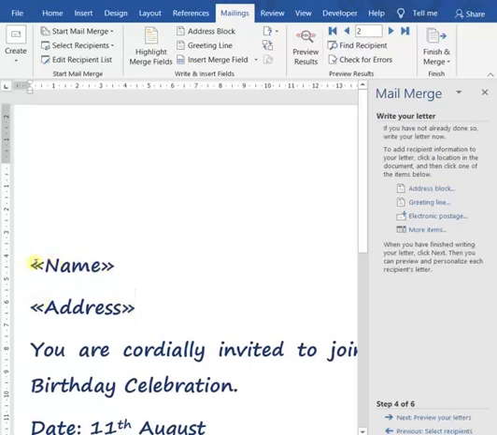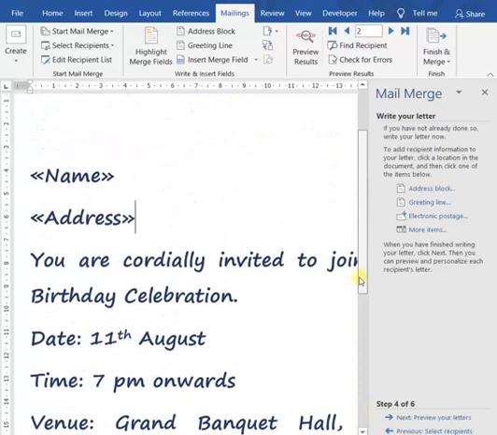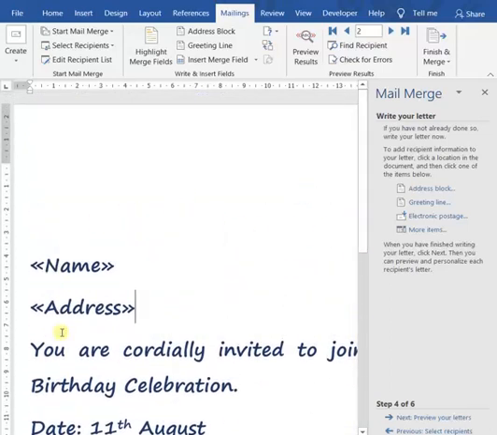So I have linked the data source with my main document. So this is the process of linking. I have created the format for our original letter. Whichever letter we are going to send, I have created a format for that.